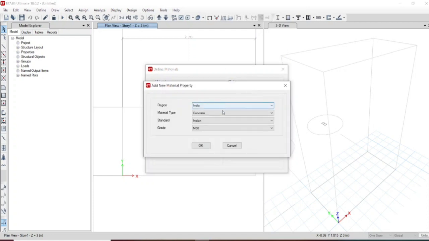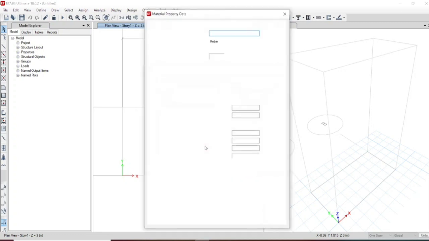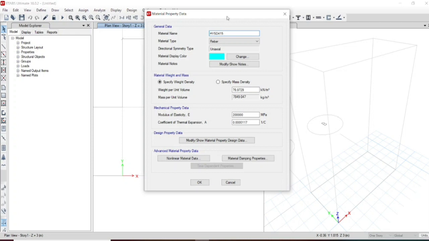For rebar, let us take HYSD 415 grade. These are the two materials required for designing the reinforced concrete section, and let us take the default values.